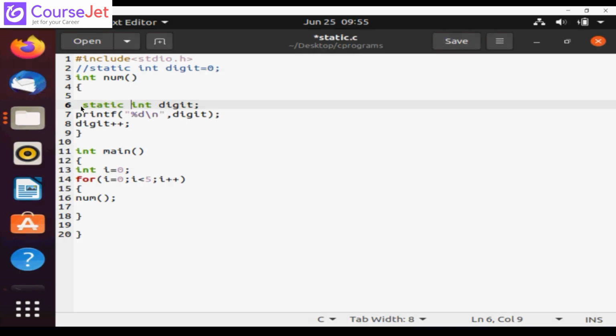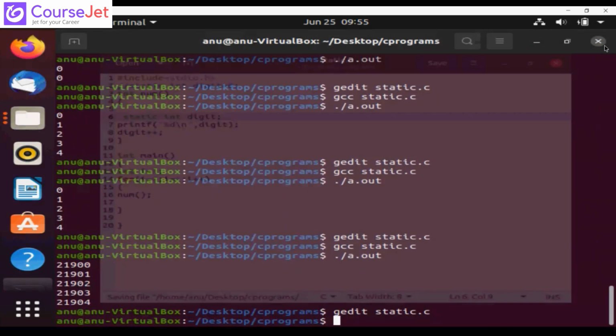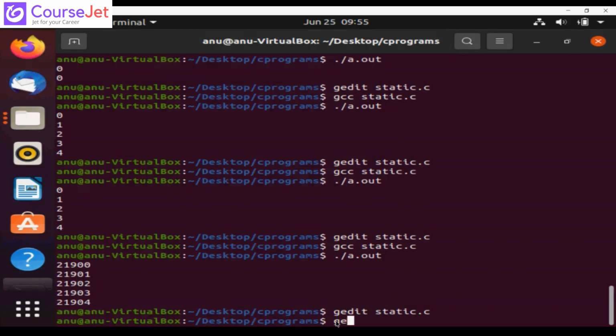Then the other thing related to this, one more point. I think we have only these many things related to static. The last one is your global variable. When you are writing anything outside your main function, you are using some